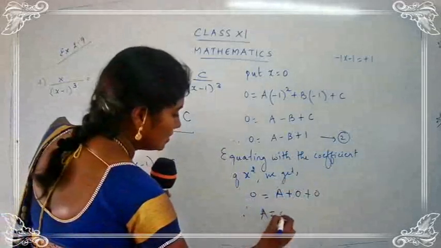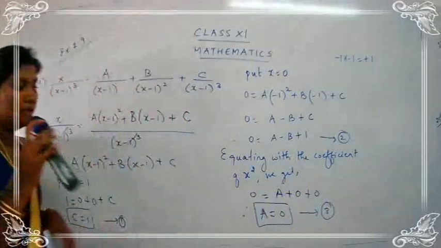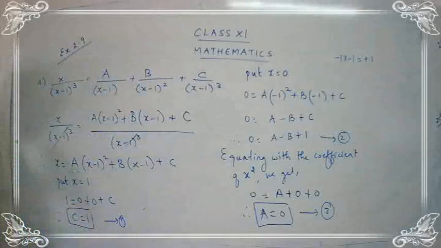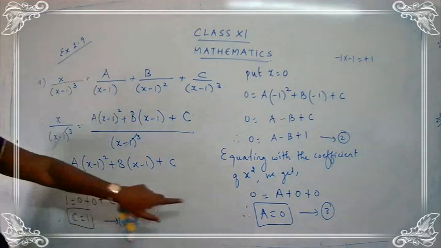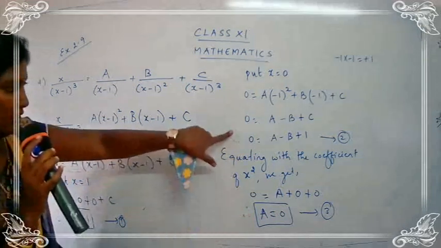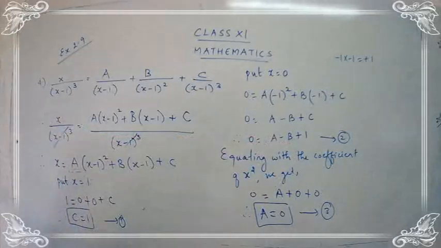See, a is equal to 0. This is the third one. You just give it the number 3. So a is equal to 0. So we have found two values. We have found the value for c and we have also found the value for a. Okay. Now what we are going to do is substitute the value for a in equation 2. Okay, we will just substitute this value over here so that I will get the value for b. Let us go for the substitution.